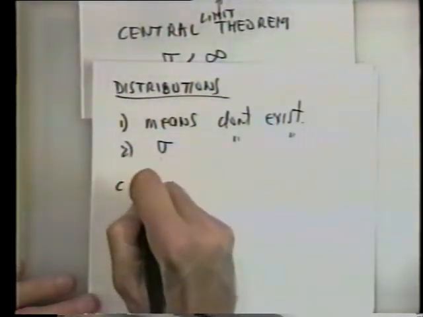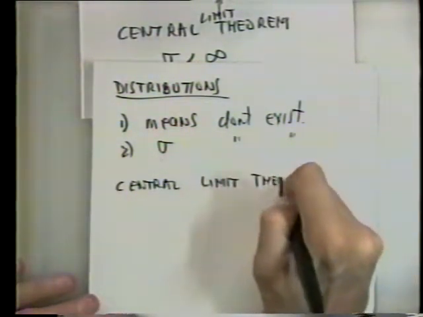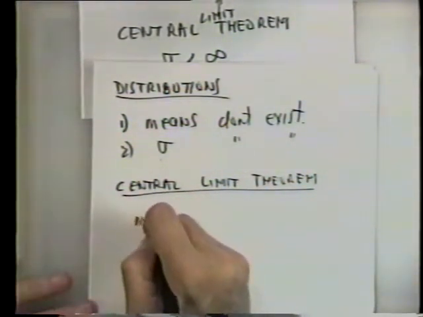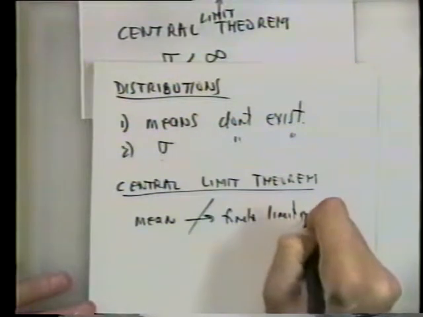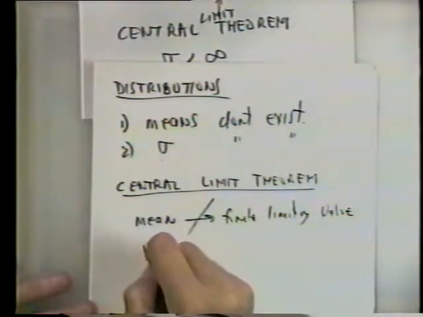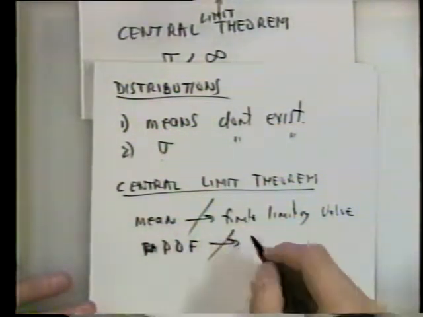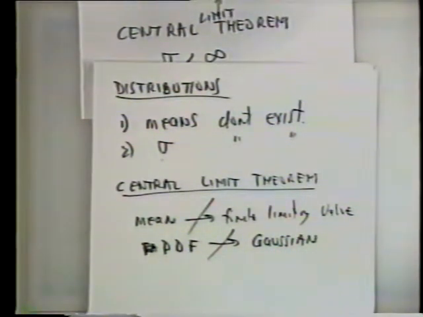So this means that since the central limit theorem fails, or the assumptions of the central limit theorem are not satisfied, the mean does not approach a finite limiting value. And it means that the distribution, the PDF, as more data is collected, doesn't reach a Gaussian. Even for the non-parametric statistics, we assume as we accumulate enough data, we'll get to be a Gaussian. That's called asymptotically Gaussian. Asymptotically is as the number of data goes to infinity. And now this is no longer true.